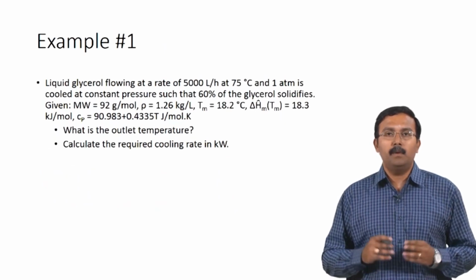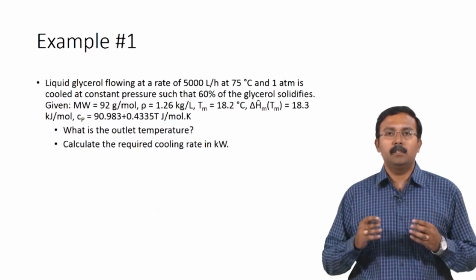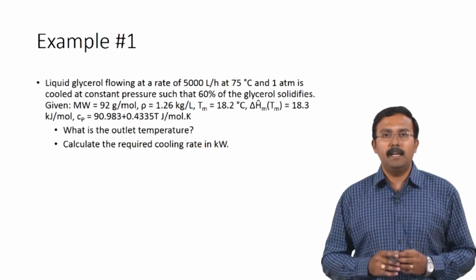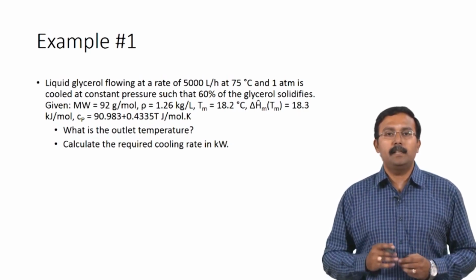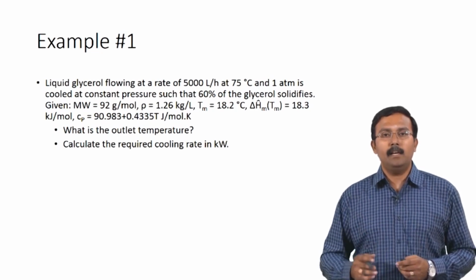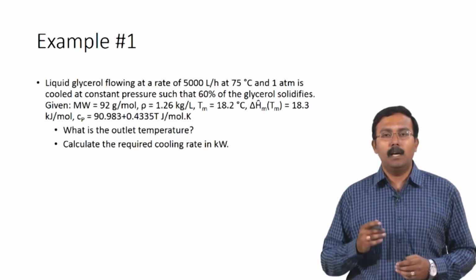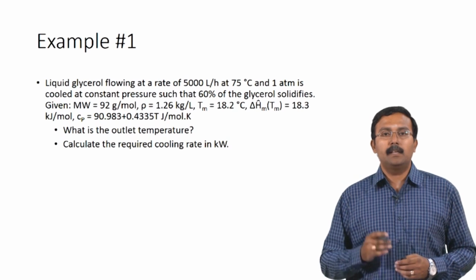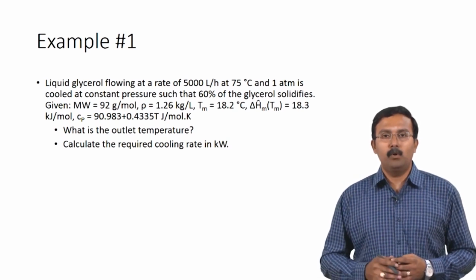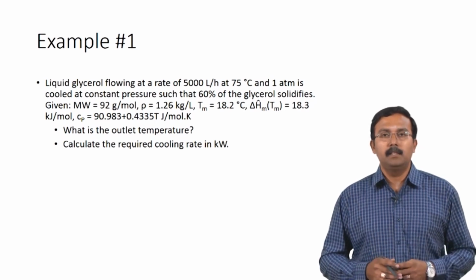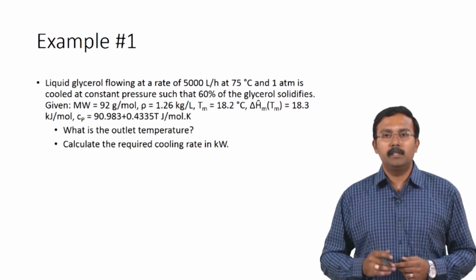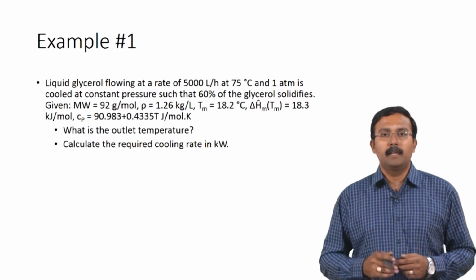Here is an example problem where we will perform such energy balance calculations. The data related to this particular component has been given here, so we would be able to use the data directly and perform the calculations. The example reads as, liquid glycerol flowing at a rate of 5000 liters per hour at 75 degrees Celsius and 1 atmosphere is cooled at constant pressure such that 60% of the glycerol solidifies. You are given that molecular weight of glycerol is 92 grams per mole, density is 1.26 kilograms per liter, the melting point is 18.2 degrees Celsius and the latent heat of fusion is 18.3 kilojoules per mole,